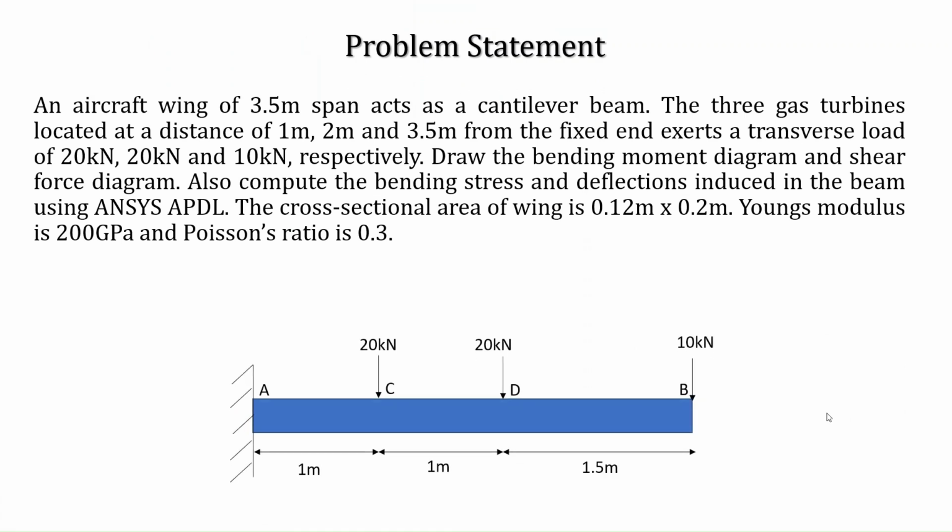So here you can see a cantilever beam. The air wing is assumed to be a cantilever beam. One end is fixed to the air body, and there are totally three turbines located at C, D, and B locations as illustrated in the figure. Each turbine is exerting its weight as a transverse load of magnitudes 20 kilonewton, 20 kilonewton, and 10 kilonewton